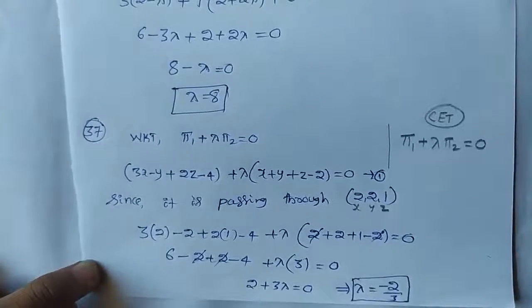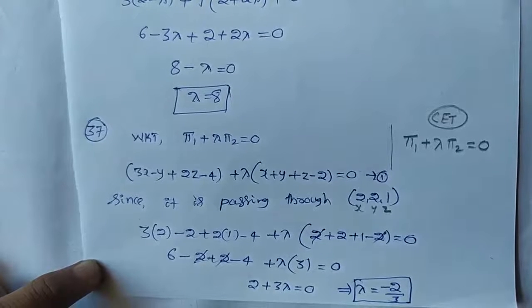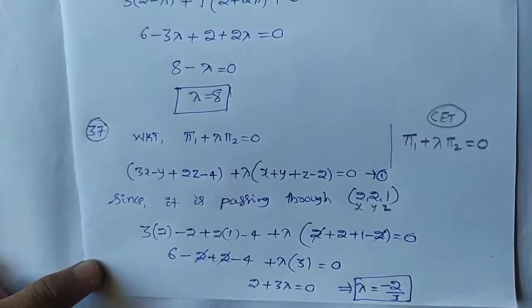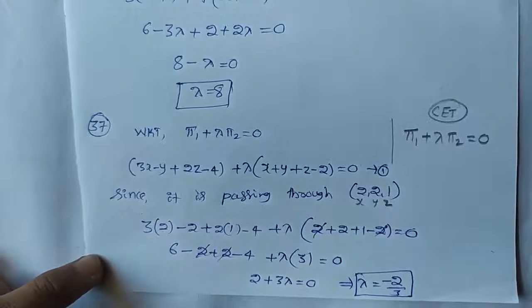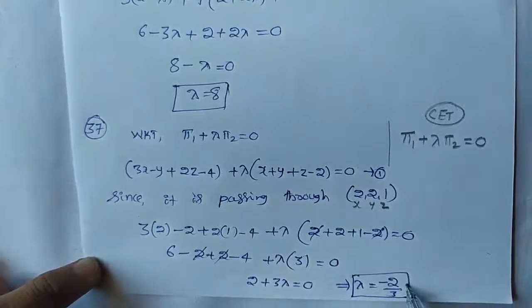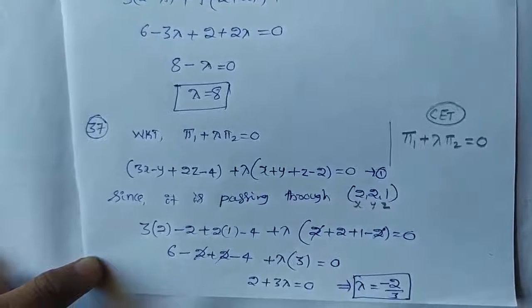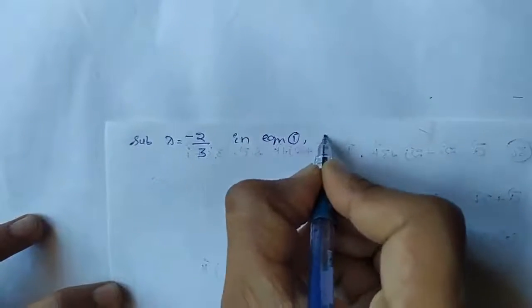Now I am just turning this sheet to the next page. If you want to make a screenshot or make a note, you can take. Now let us substitute lambda equals minus 2 by 3 in equation number 1. Then we will get the required equation of a plane. Substituting lambda equals minus 2 by 3 in equation 1, then we get